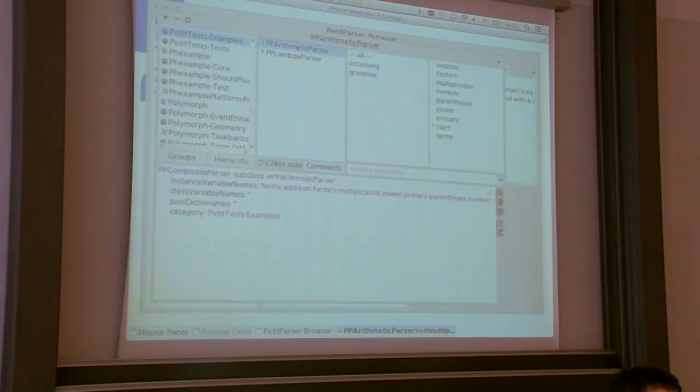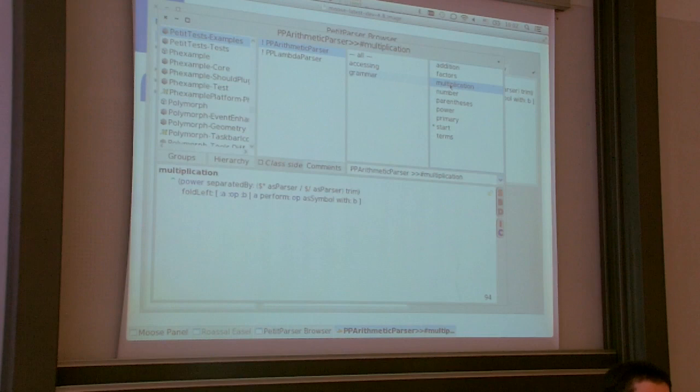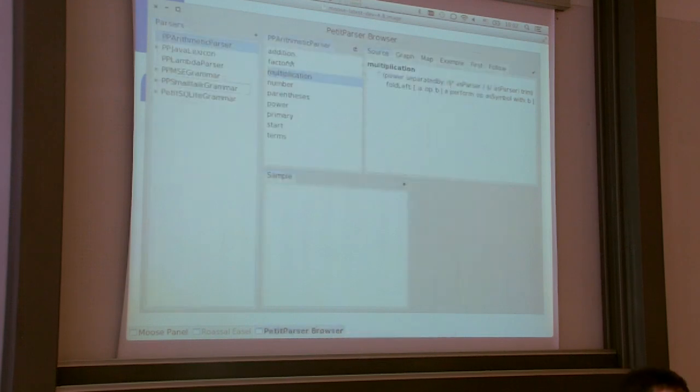So in here, I have an instance variable called multiplication. This is one thing. The other thing is I'm not seeing really, it's not really something that is made for building parsers. So this is why Petit Parser is a different approach. So the approach here is that we have a dedicated browser that is trying to encapsulate the workflow of building